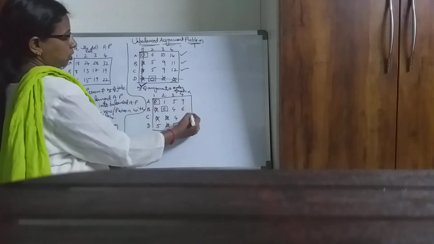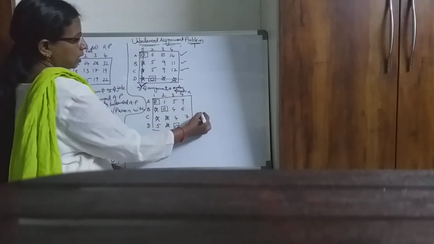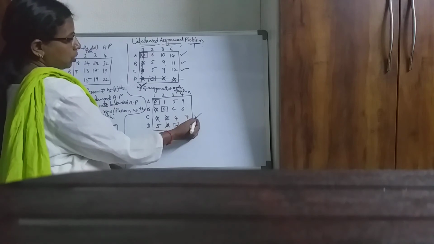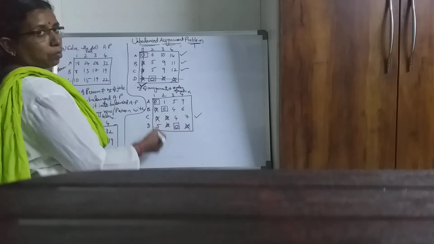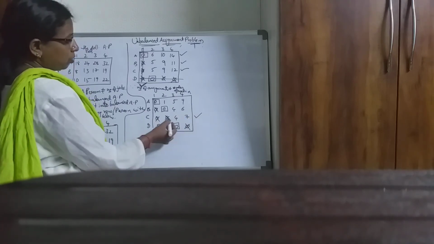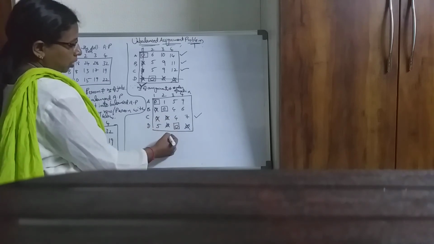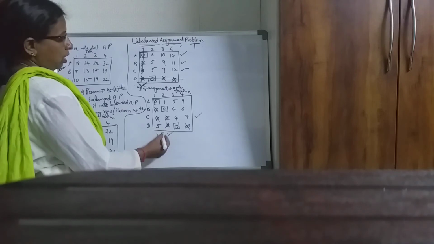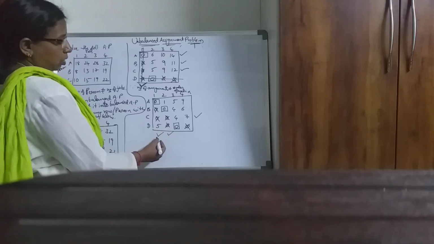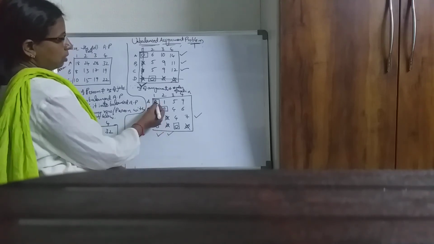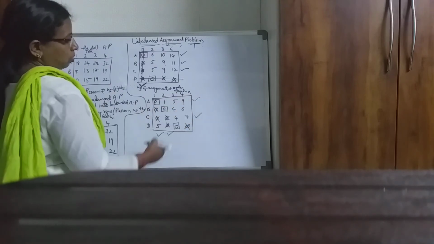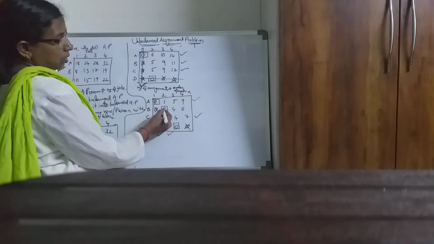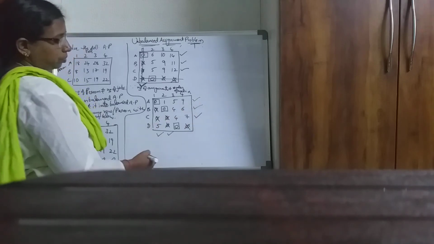Again put a tick mark to the row which doesn't have any assignment, and in this marked row, wherever you have zeros, put a tick mark to that column. So in this marked row you have 2 zeros. So the corresponding columns are this and this. So you have to put a tick mark to 2 columns. Now in these tick marked columns, first column you have an assignment here, so put a tick mark to this row. Second column you have an assignment here, put a tick mark to this row.